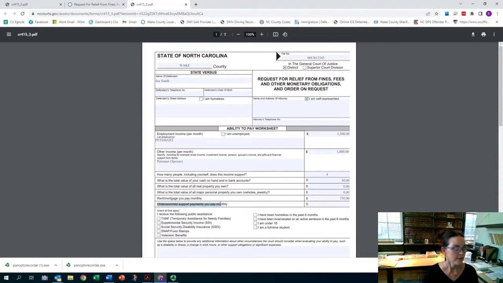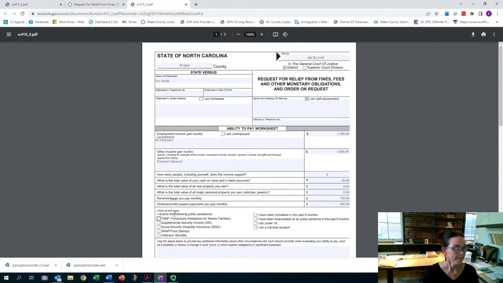And then the next one is child care or child support payments that you pay monthly. So if you have a child support obligation that you're required to pay every month, then you want to put that number here. If in the alternative or in addition, you pay child care expenses, then you want to put that number here. So for instance, in this example, Joe Smith and his spouse live together with 2 children. Say one of those children is school age and one is in child care, and they pay $500 a month for the child care for the youngest child. So 500 goes in this box.